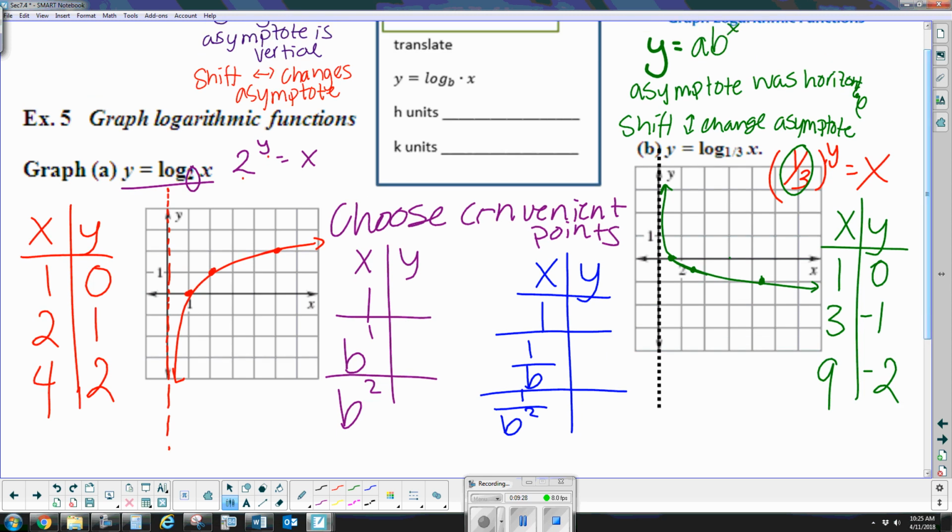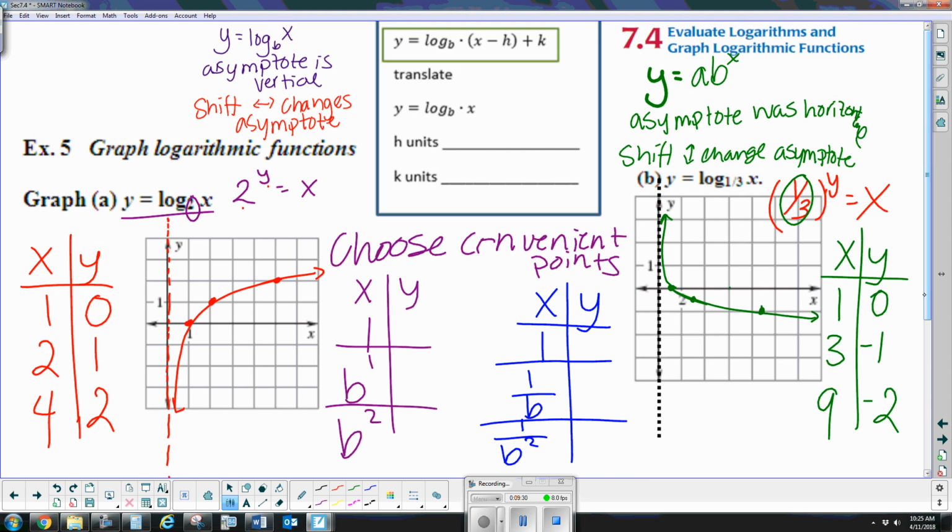Okay, so now looking at this section right here, y equals log base b times x minus h plus k. We're going to do this just like we did logarithmic function or exponential functions. We're going to graph the function first, and then we're going to translate it. So we're not going to worry about those h and k values initially, but when we do see those h values, we know that we're going to translate this graph, y equals the log with base b of x,